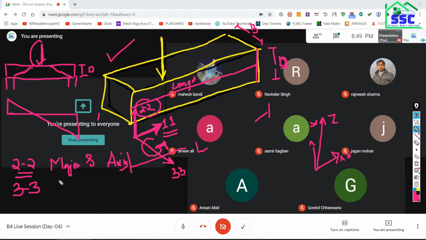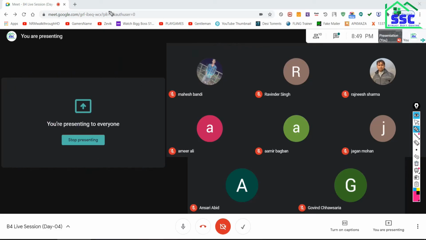So the major axis for moment is what? Good. So you all understood? Whenever you have to see the shear force, you need to look at 2-2. Whenever you want to see the maximum moment in the member, you need to look at the 3-3 axis.